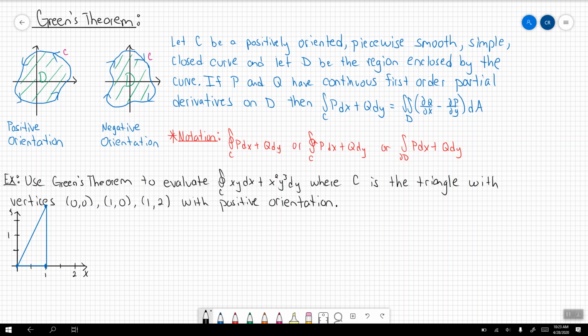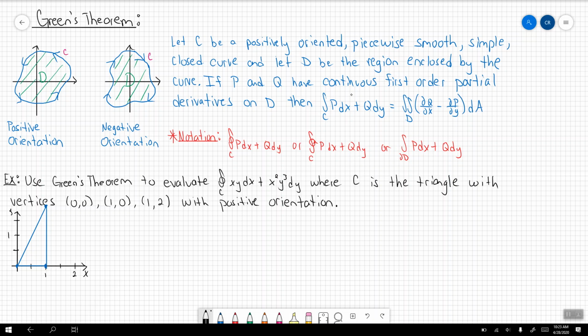Now, Green's theorem says this: as long as we have a curve C that's positively oriented, piecewise smooth, simple, and closed, and we let D be the region enclosed by this curve. So if you look at the pictures here, we have some curve C that encloses this domain or region D. So if P and Q have continuous first order partial derivatives on that region D, then we have that